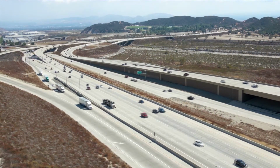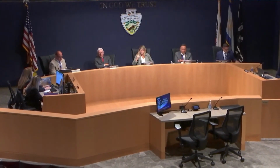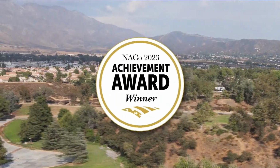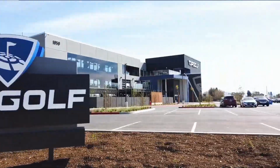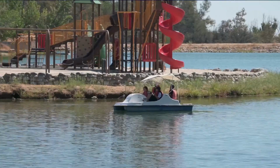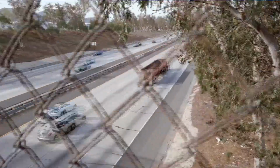San Bernardino County has always been the biggest, and once again, we're the best. Under the Board of Supervisors' visionary leadership, we earned an incredible 160 achievement awards from the National Association of Counties in 2023, winning more than any other county for the second year in a row. There are more than 3,000 counties in the United States, and San Bernardino County continues to stand above them all in terms of accolades for innovation,